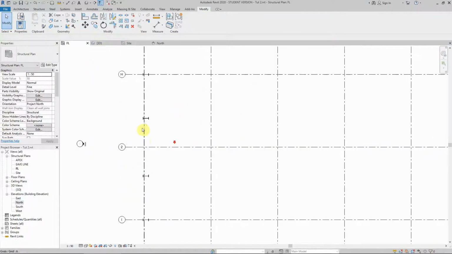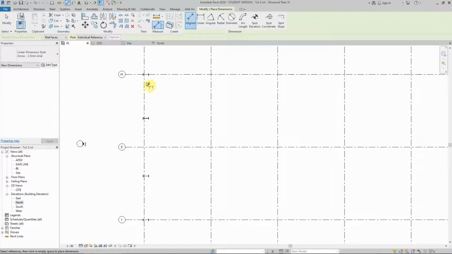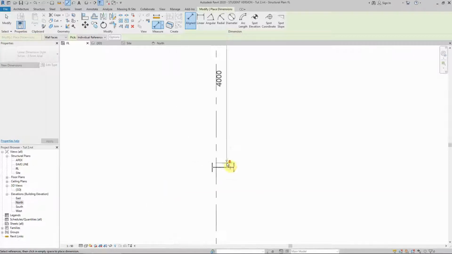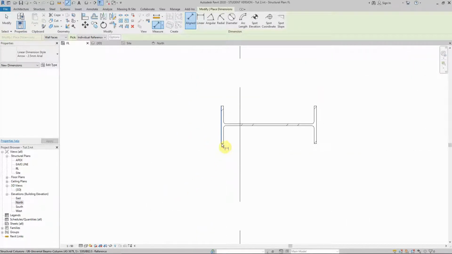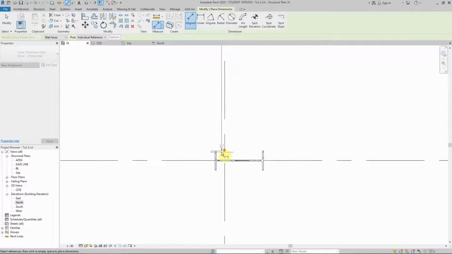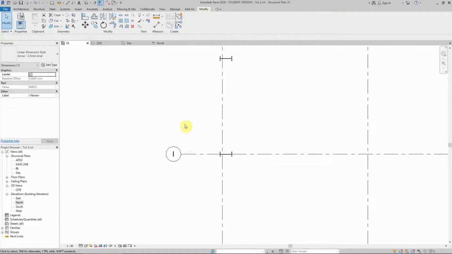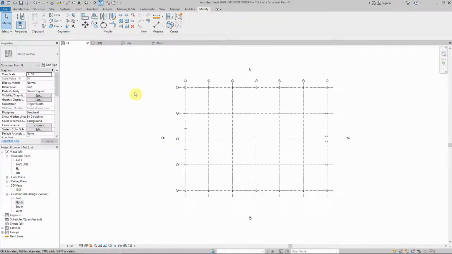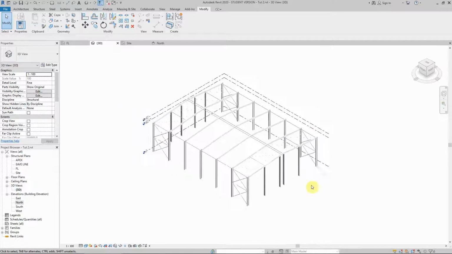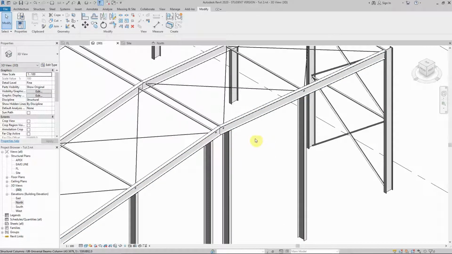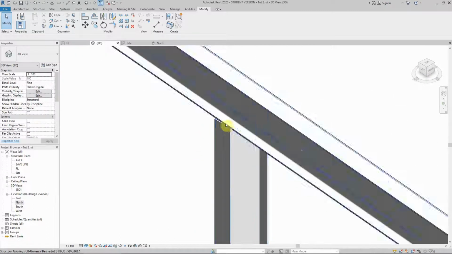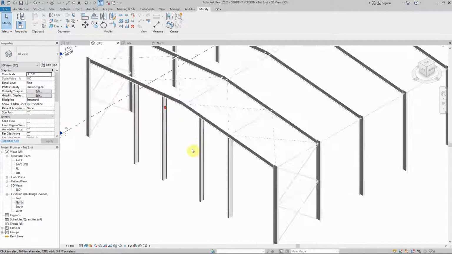Done. If I double check the spacing between these columns here, does it allow for 4 meters clear? 4 meters here, and this is another 4 meters. Done. So let's look at it in 3D. At this point here, we have all the columns attached to the bottom of the rafter. On this side here, we've got the same thing, all the columns extended to the bottom of these rafters,